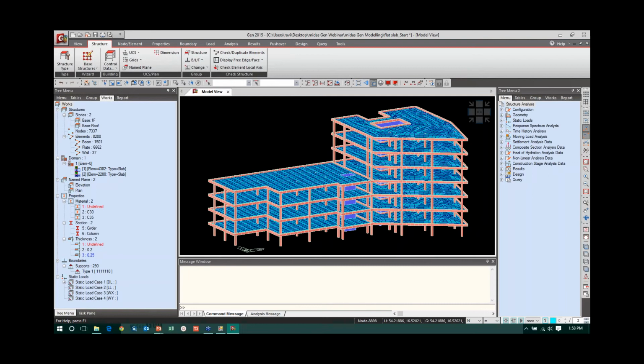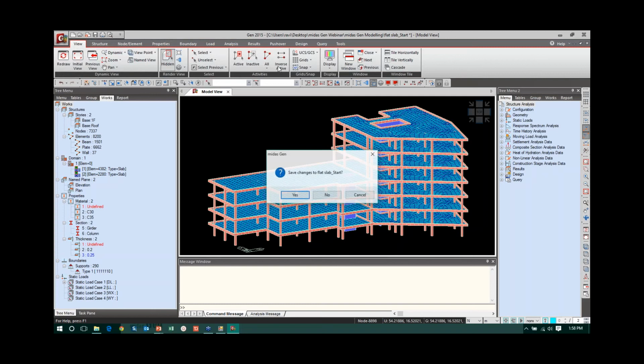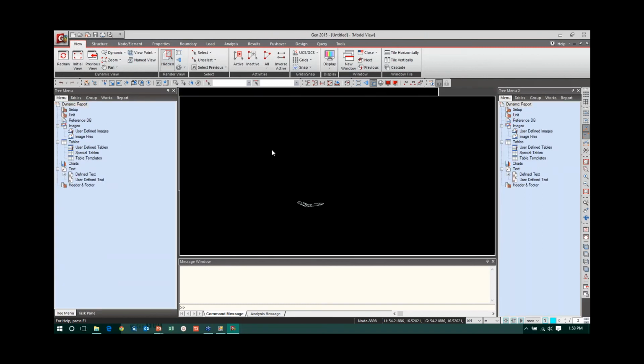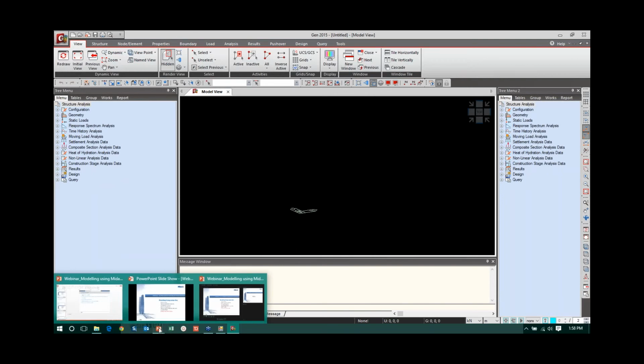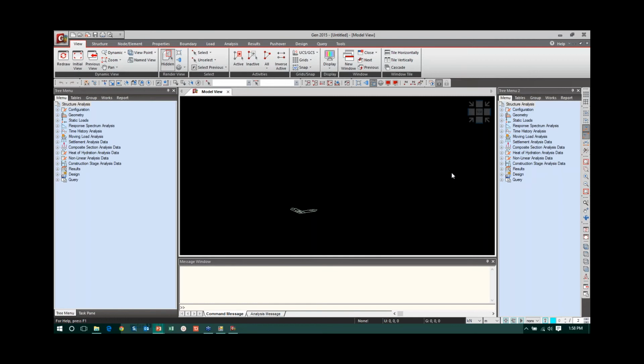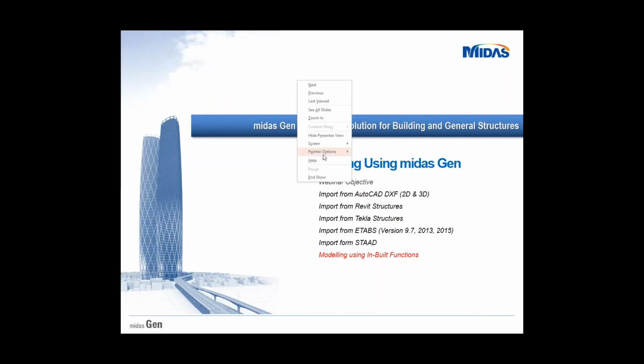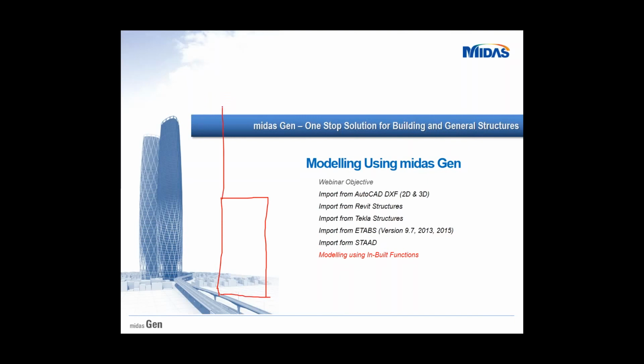Yes, sir, offset of column is there. There are different ways of providing the offset for the columns. Okay, I will show you how the offsets are provided to the column. I would take a very simple example, a simple column where I have a bottom column which is 1 meter by 1 meter, and the top column is 500 by 500, which is flush to one side of the bottom column.